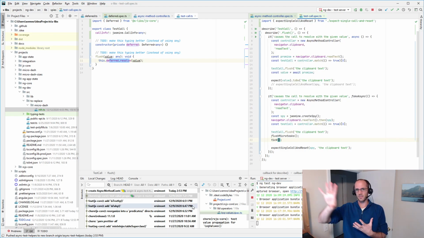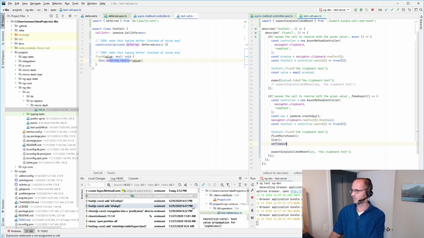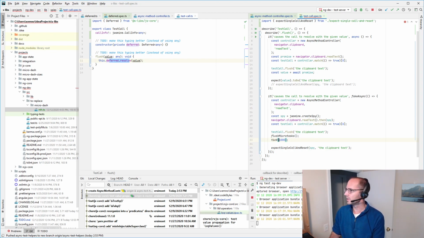They're not things that are scheduled to happen in the future, like with a setTimeout one second later. So this would not do my thing, but this would do my thing. It runs the macro tasks that are scheduled to be executed within this amount of time. Okay. Anywho,